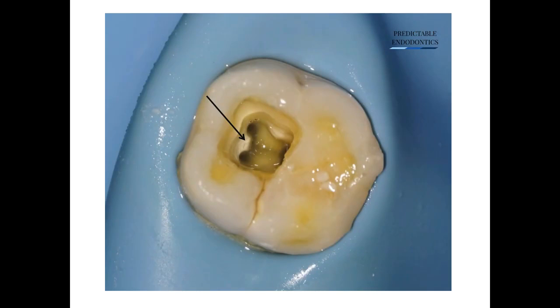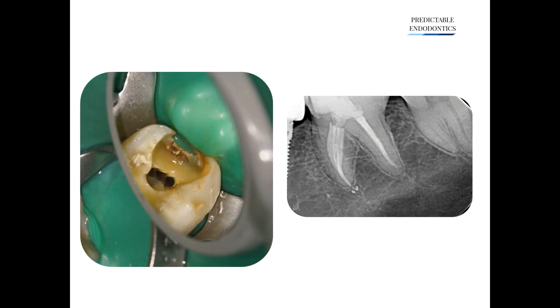An important thing to remember when it comes to the mandibular first molars is the existence of the middle mesial canal, and these canals are present under that lip of dentine which has been marked. So it is mandatory to eliminate that bit of dentine or include it in the axis cavity preparation to locate the middle mesial canal. Just a case with the middle mesial canal located and obturated. Remember, 10% of the cases will have a middle mesial canal.